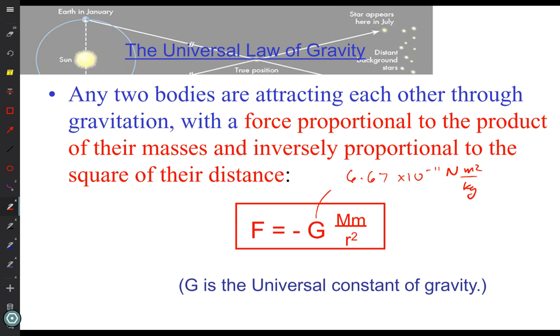The mass of Jupiter is what? 1.9 times 10 to the 27 kilograms? It's given in the problem. And so we have those numbers. We have G, and then R is the separation. So I think, once again, the problem gives you that separation.